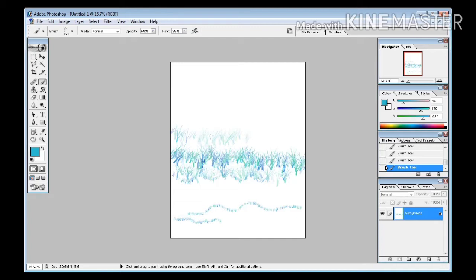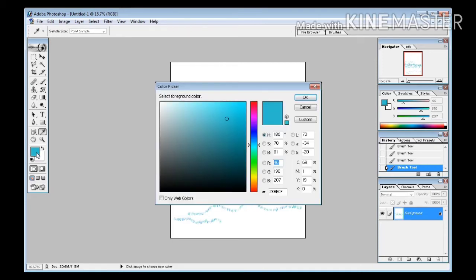This is 100%. Now I am changing it to 38%. See the difference. This is flow. Flow option allows you to set the level of transparency of brush stroke.